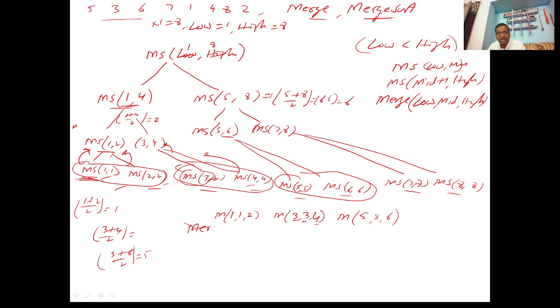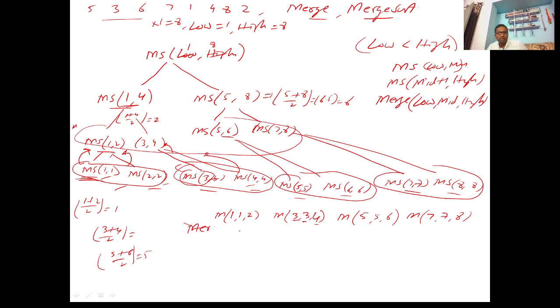Is it fine? And again there will be a call to this. This call to the merge will be 7, 7 and 8. So these are the four calls which are going to be at this level. So this call will be sorting the two elements. Fine. This again will be sorting two elements. This again sorting two elements. This again sorting two elements.